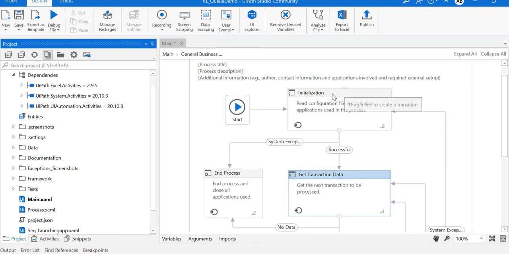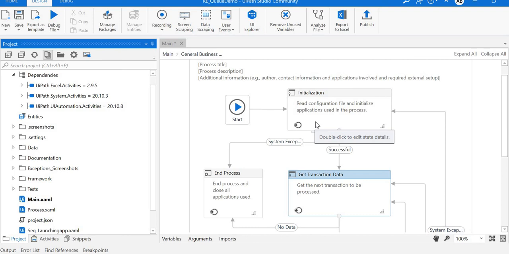So in the initialization stage, the first stage of the RE Framework, we will read the configuration data, and next we will read the input data from the input data RPA challenge Excel file, and we need to add those data one by one or in a bulk way to the queue. And next we need to launch the application.